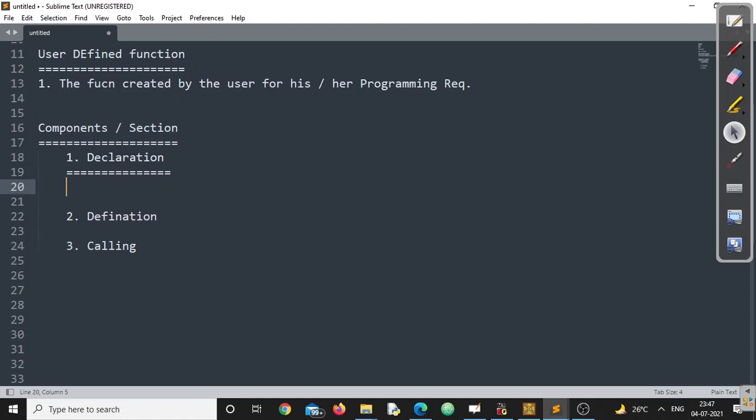We'll start with declaration. Declaration is sometimes called a prototype. You can call it declaration, you can call it prototype. Don't forget, we are talking about user defined functions. Every function should have a prototype, right? This is recommended. There are a few functions for which we don't require a prototype. We'll understand that condition a bit later. But let's start with each function, whether it is a predefined function or a user defined function, each function should have a prototype.